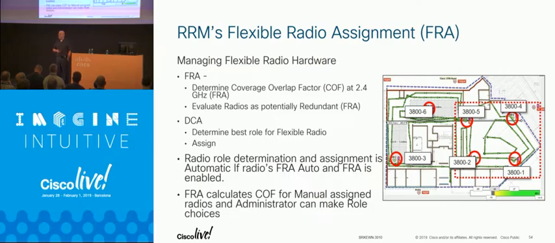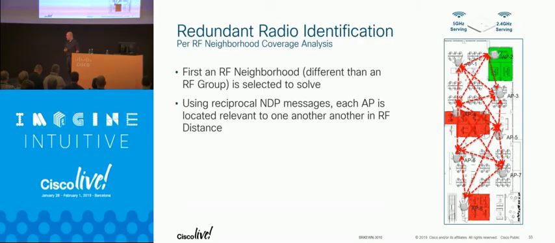If you can, we mark the radio as redundant. Once the radio is redundant, we can use that XOR radio for anything we want. We can monitor both 2.4 and 5 gigahertz, all the channels, or we can flip it to 5 gigahertz and provide double the capacity. So that's where I get back to the argument. If you're doing 80 megahertz channels, you got 2 5 gigahertz radios, you just burned 8 channels in one placement. So be careful with that. But then, if it's a redundant radio, we pass it to DCA.